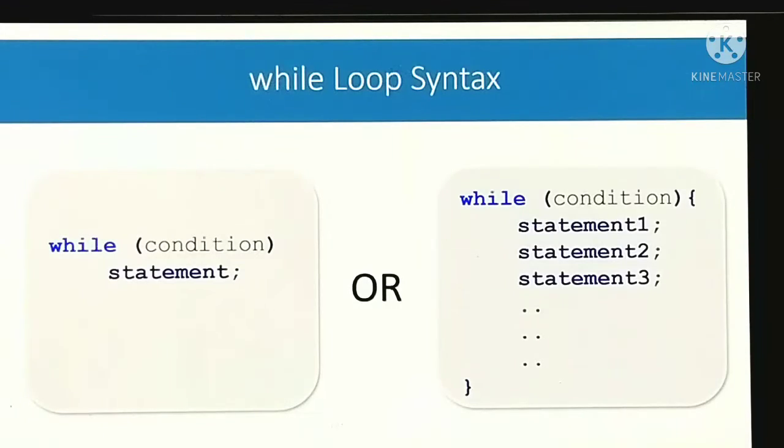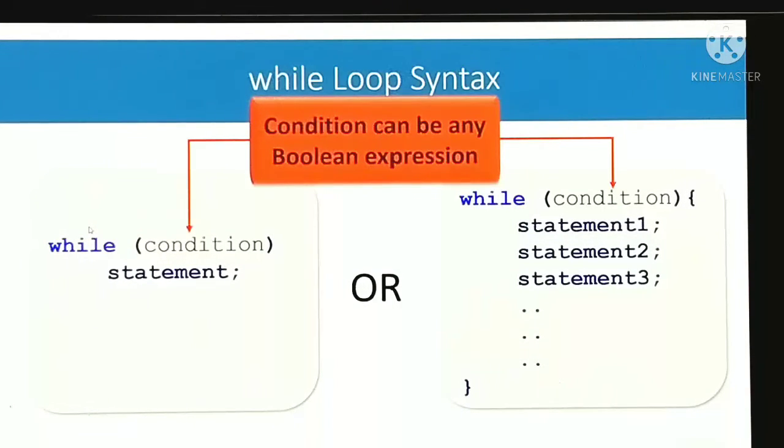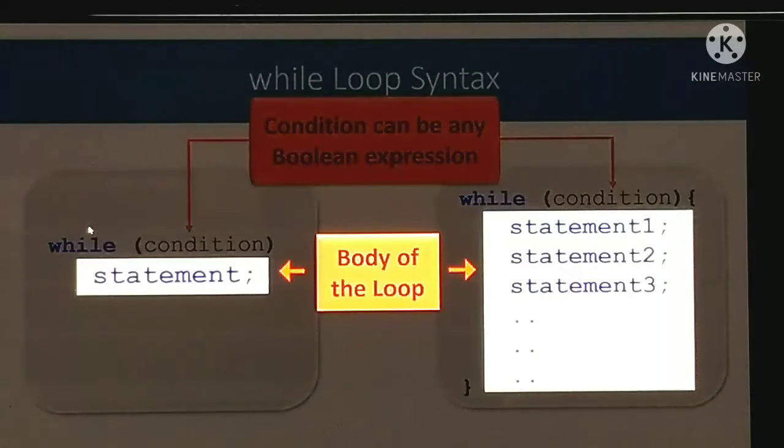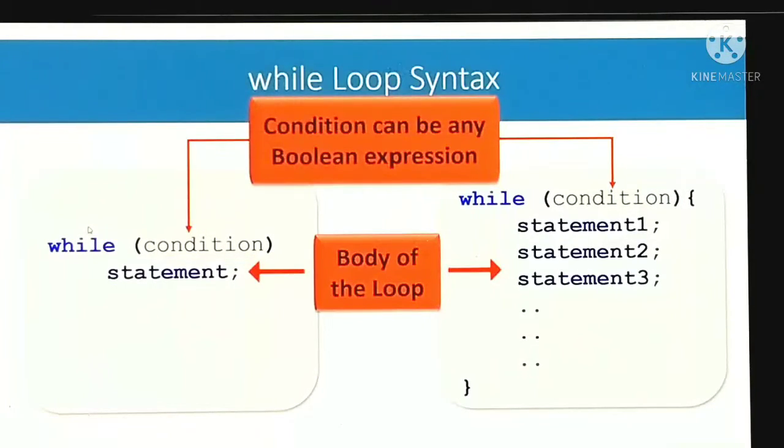Now our next statement, the while loop. Here the condition is checked before executing the statement. Whether it is a single statement or a number of statements, we use a block statement. If you look at this figure, in the while loop syntax the condition can be any boolean expression, and the block is the body of the loop. The statements written under the while condition are repeated until the condition is true. Here we look at one example.